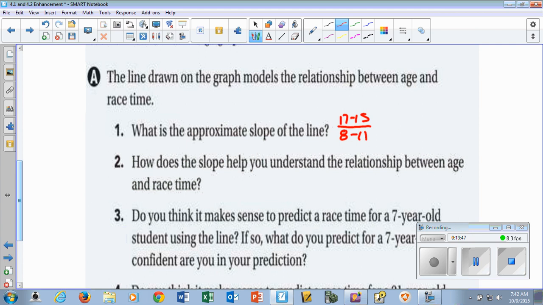So I did the 817 point first, so there's the y value of the first point, and the y value of the second point. So I get 2 over negative 3, which is negative 2/3. So roughly the slope of that line that we have there is negative 2/3. How does the slope help you understand the relationship between age and race time? Well, technically with that line, basically as your race time